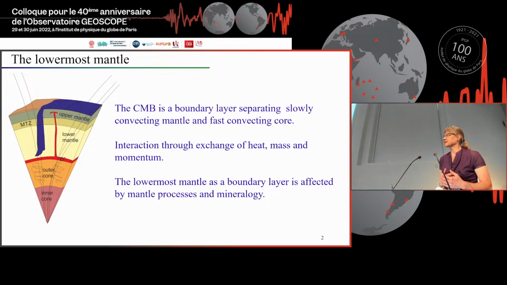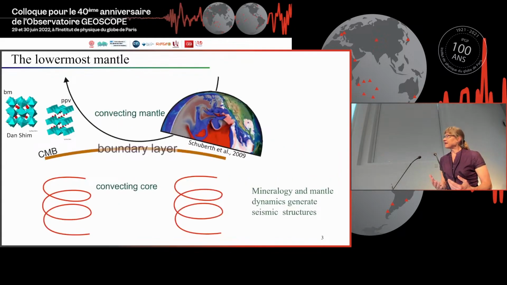But the lowermost mantle is really affected by the processes that we have in the mantle, but also by the mineralogy in the mantle, and I will come back to that later. So if we have processes in the mantle such as convection, and we have mantle mineralogy, for example, bridgmanite, which used to be called perovskite, and post-perovskite, then we have a boundary layer, and we will generate a large